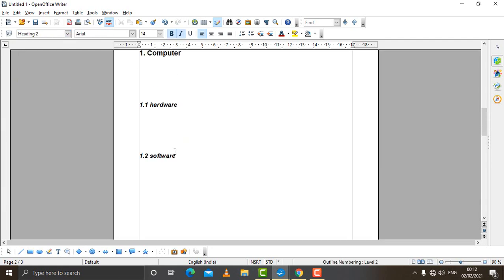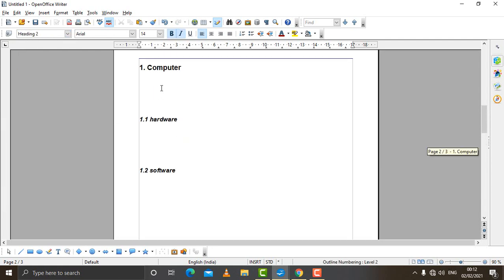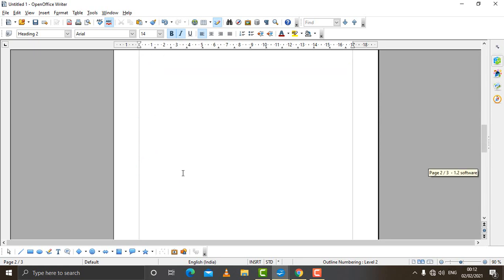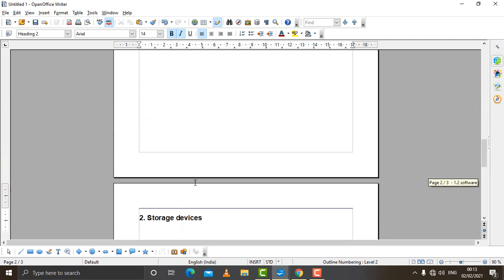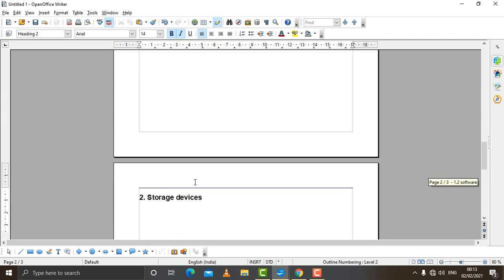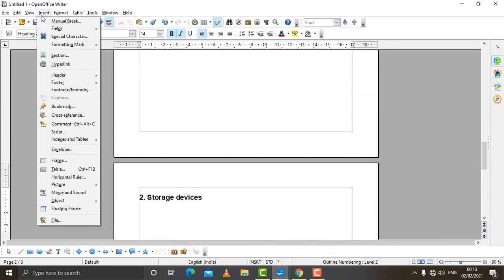See, this is the way in which the document will be created. The very first thing we should have is a document and the proper order of headings. This is the proper order of headings. The blank spaces will contain the descriptions, so I'm not going to write descriptions now. It is just to explain how it will work. After typing the whole document, the next thing you have to do is click on Insert. From there you come to Indexes and Tables, and then click on Indexes and Tables.